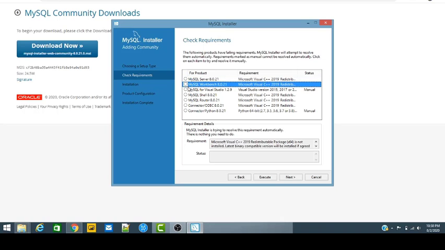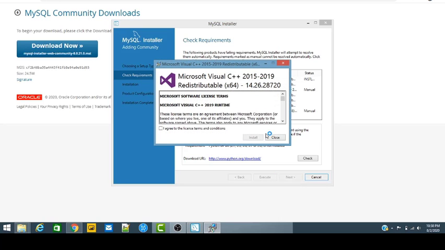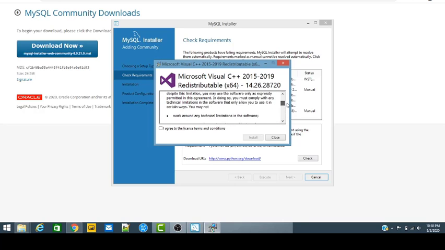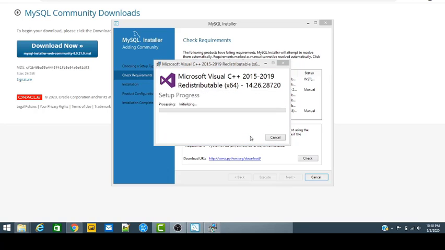So I am trying to select it again. So it will ask for some permissions, I think. Installation, so we click on it and install.